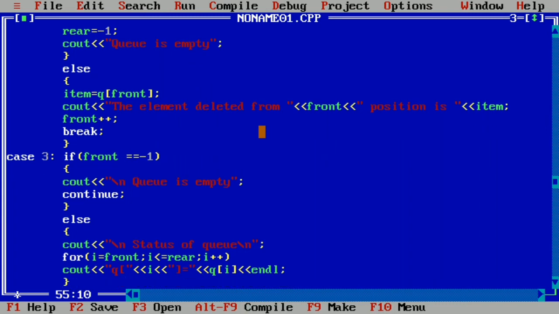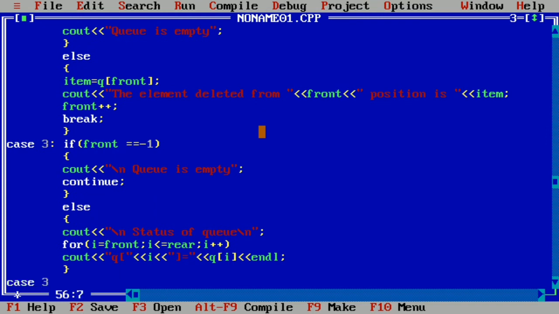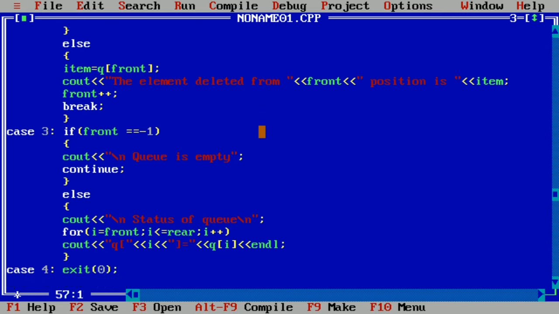Now we'll move on to case 4, colon, and here we'll use exit. The next case is the default case. If the user enters 5 or any other number other than 1, 2, 3, 4, then the default statement should get executed.